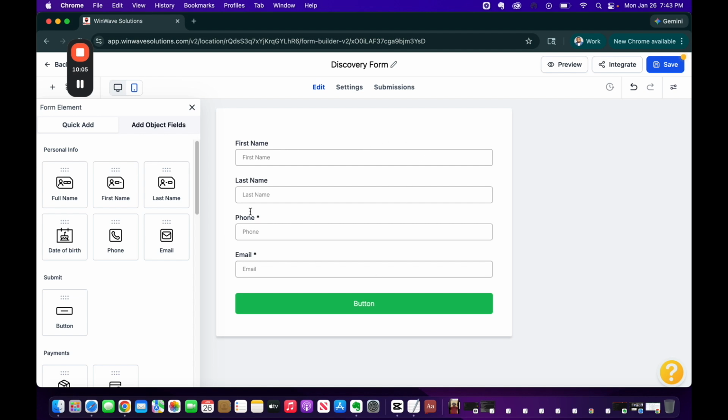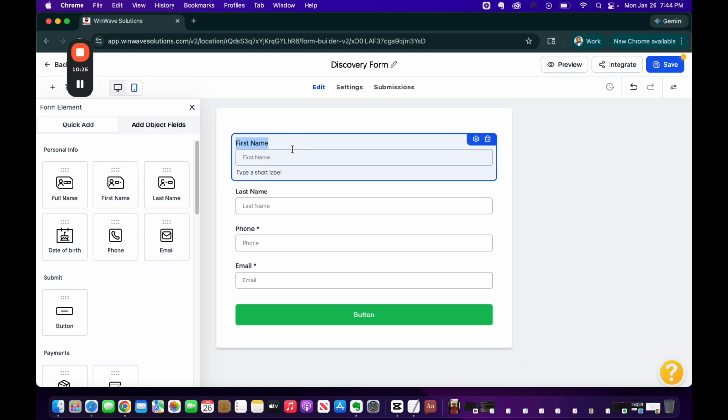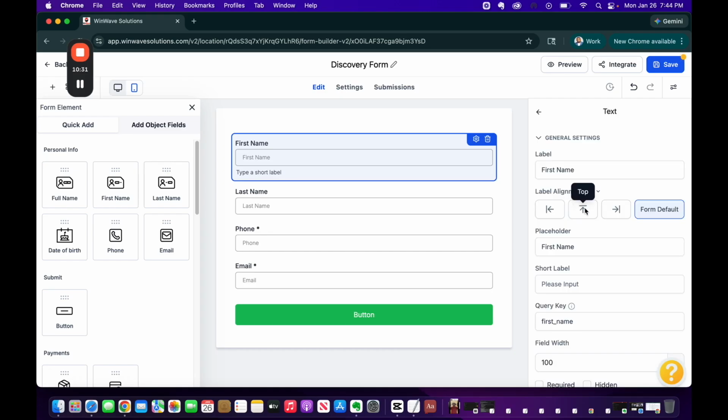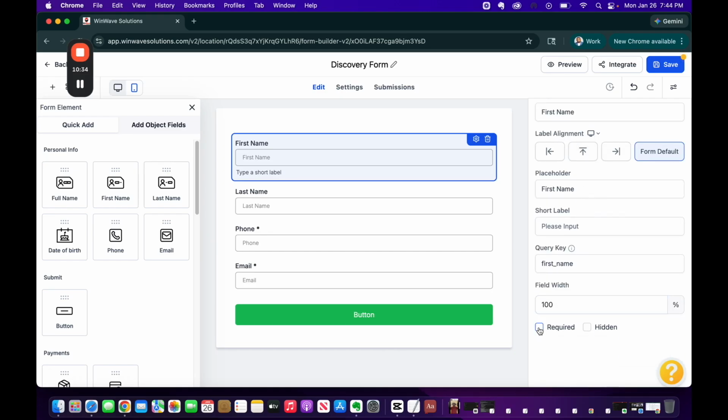So what I want to do here is, see this little asterisk here? This is letting us know what's required, right? So I want to be sure that people have the ability to opt in with as little friction as possible. So I'm going to click here, first name, this little settings button. It's definitely going to be required, right? We need the first name, guaranteed. Last name, we don't need as much, it's not important. Now, the only way I would keep phone number as required is if you had to have the number to call them or reach out to them, like there was a phone consultation or something like that you needed from them. A lot of times you get this information later. You want to keep this as simple as possible so they can just opt in, right? So a lot of times